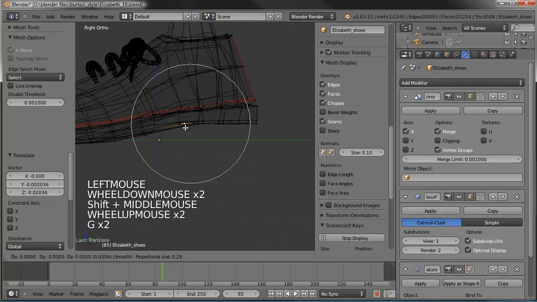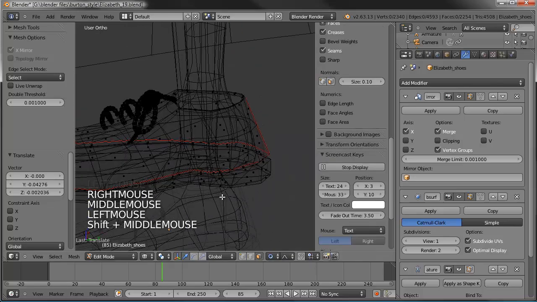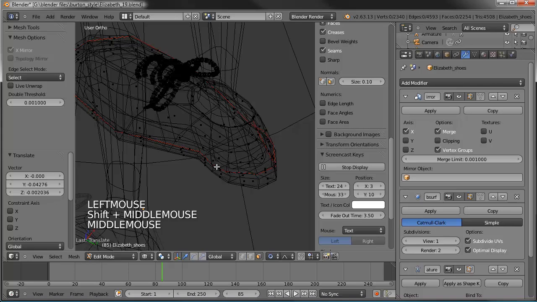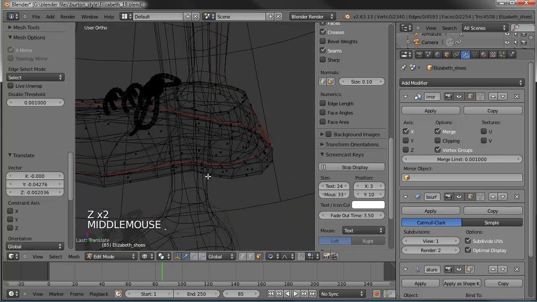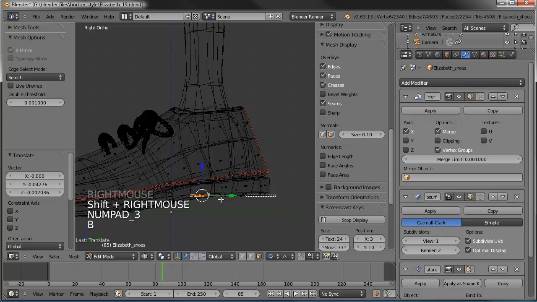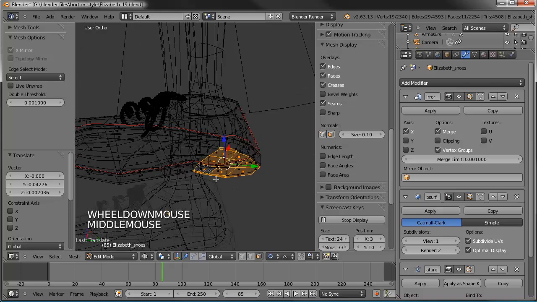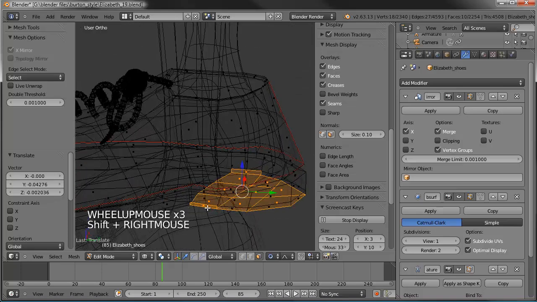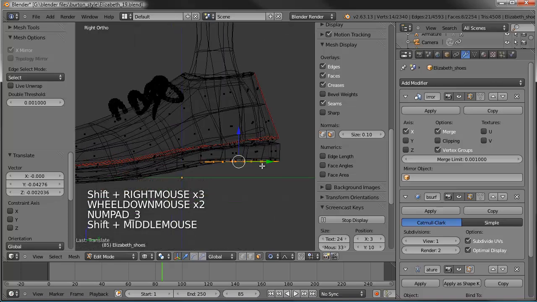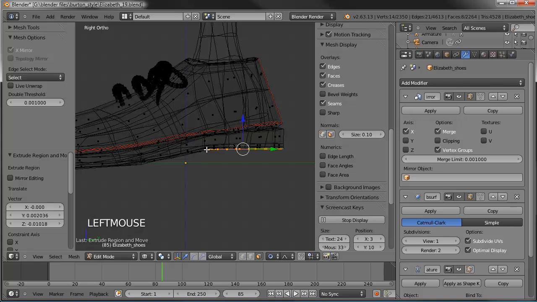Okay, and for the heel, let's just come in here, select. Kind of hard to see. Let's go to our side view and just select this bottom row of faces there. Okay, we don't need this one, or that one. Okay. And I'll just extrude down just a little bit, just to give it a nice crease right in here,